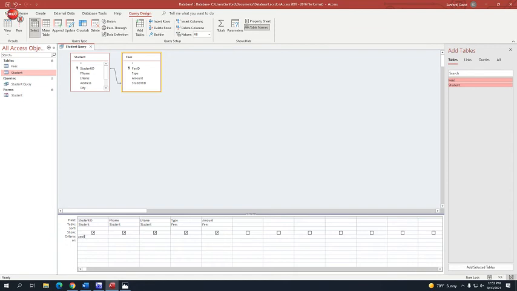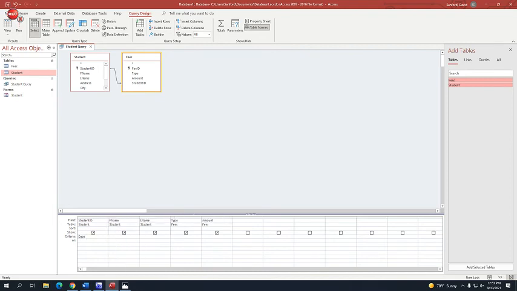Bear with me, it's been a while since I've actually done this in Access. I'm gonna have to look it up, but you can make it where you ask for the input for the criteria, and I can't remember how to do that all of a sudden, but I could just do